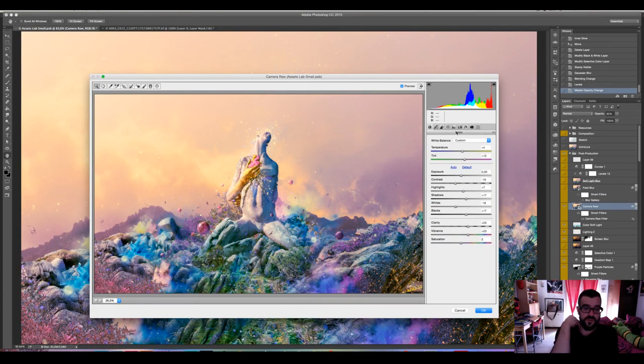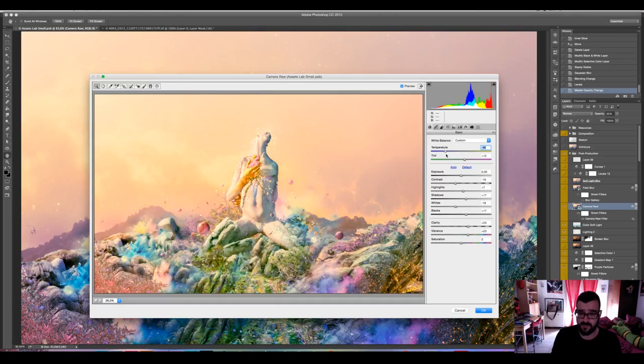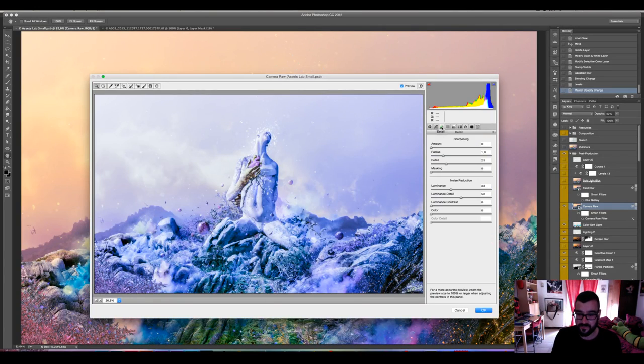But when you're doing photorealistic stuff with a lot of complex lighting and color and such, it comes in very handy. Because you can play with the tinting and change the mood of the image in a lot of ways, in a very simple way. Just don't do it like I'm doing it right now. Sorry, this is just to show you.